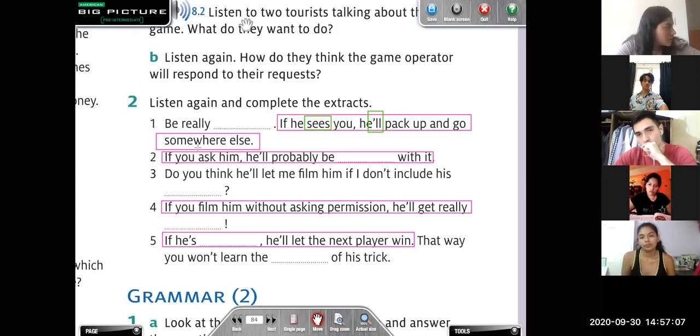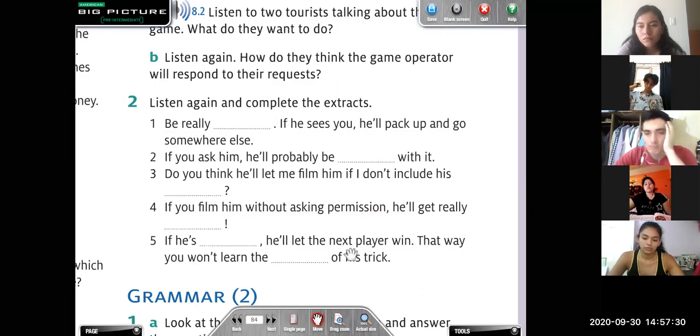Then we have the present simple and the future. So as you can see, the conditional sentences here change a little bit in the structure, and also in the meaning of them.